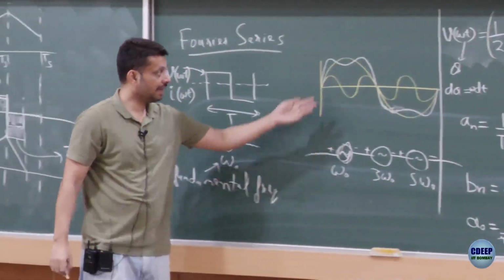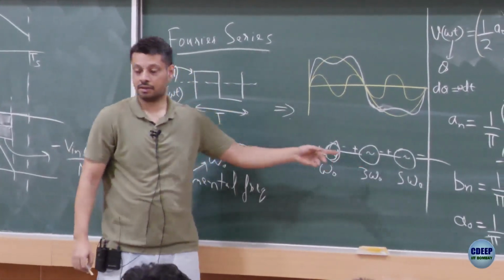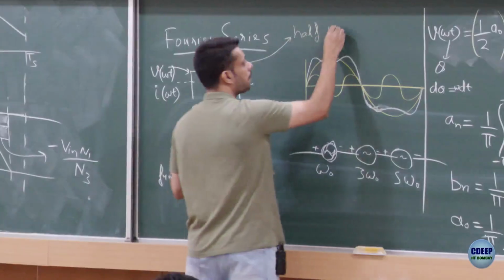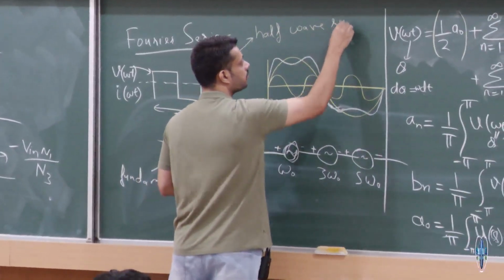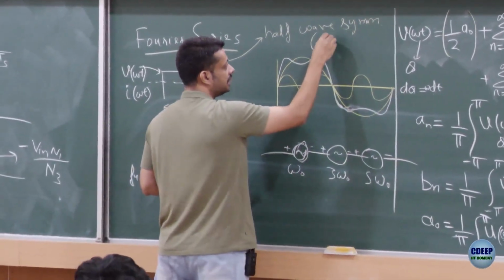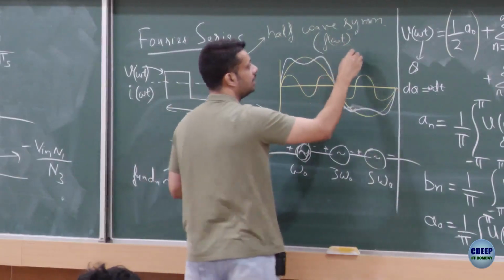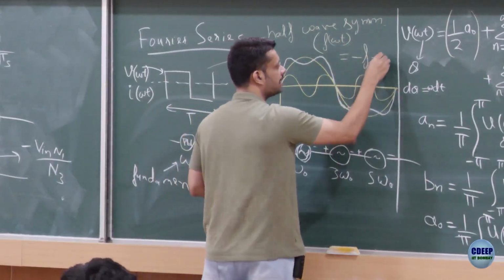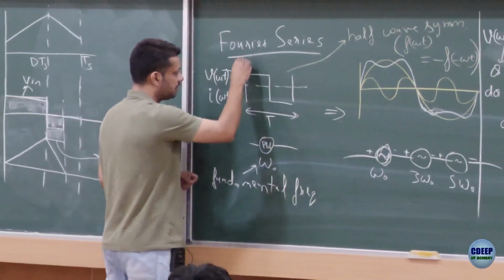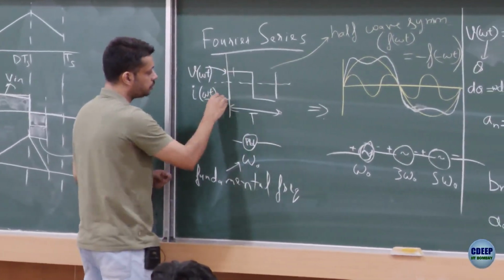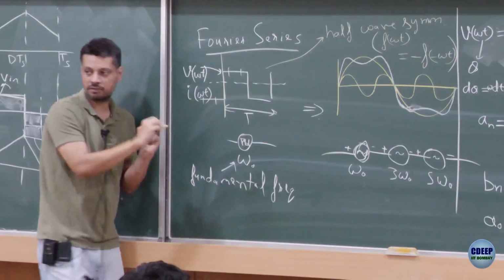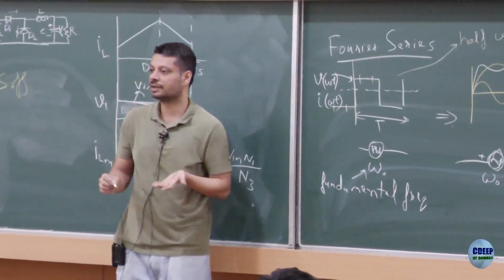In this case, if you see, I have not added any even harmonic, because this waveform we call a half wave symmetric. So what is half wave symmetric? Half wave symmetric means f of omega t, or voltage of omega t, is equal to minus of f of minus omega t. What it means is that if this is the axis, this point and this point have the same magnitude and are just negative of each other. This point magnitude is the same, they are negative of each other. So we call it half wave symmetry.